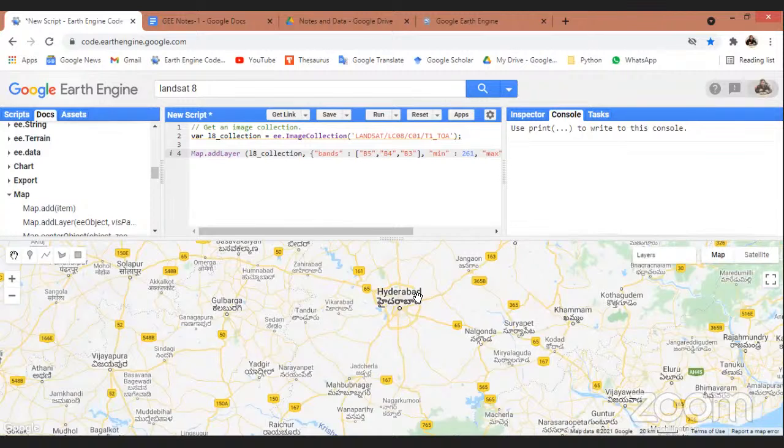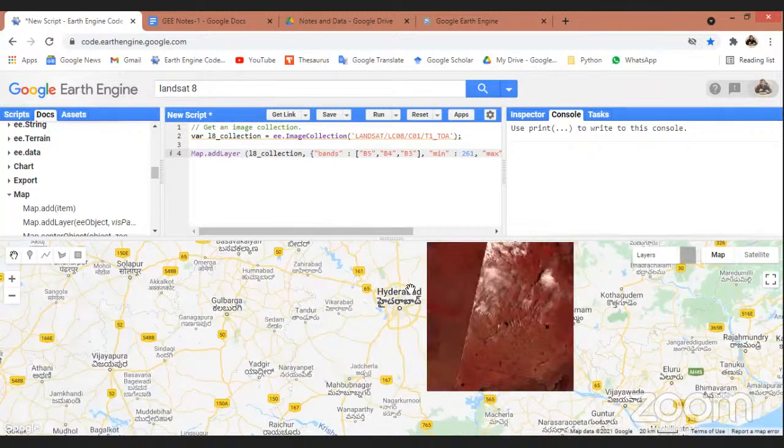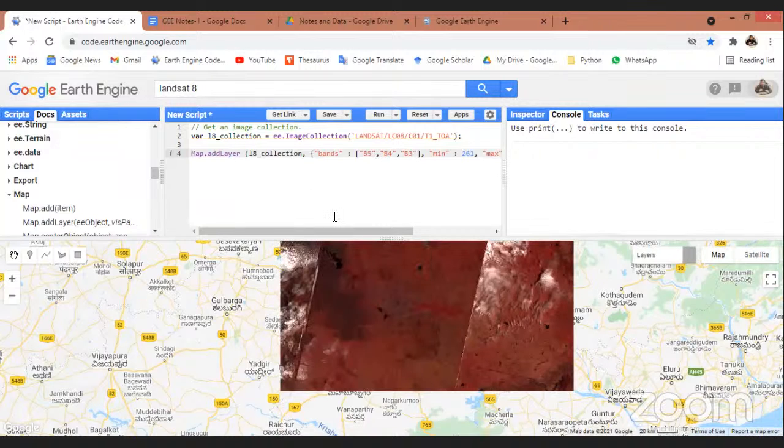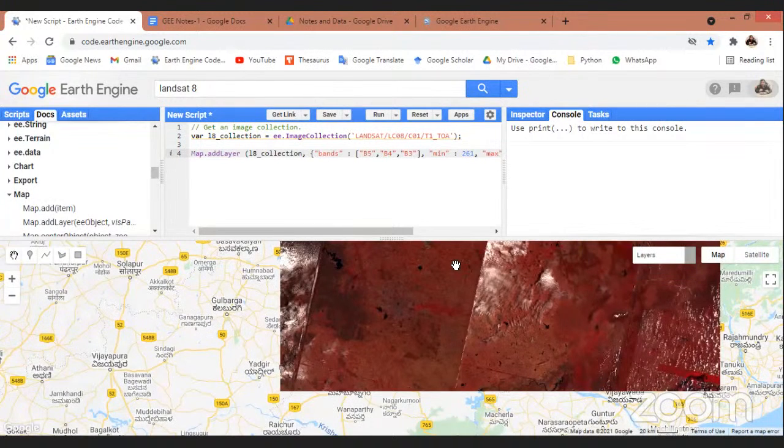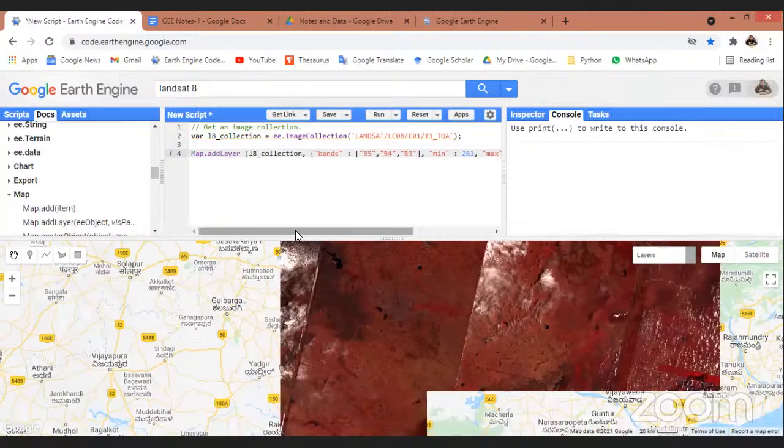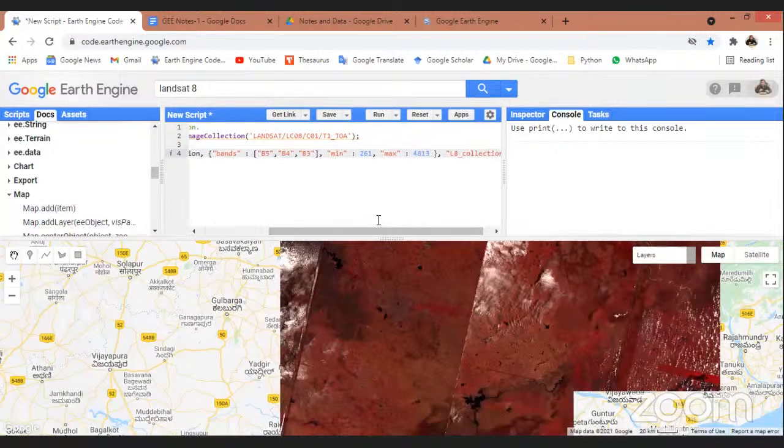Now the difference between adding a layer of a single image and adding an image collection is that with a single image you add a layer only for one area, but now I am projecting the entire Landsat 8 collection. That means I am projecting images from around the world, since Landsat 8 is available from 2014 till date. So this will take some more time. But if you zoom to one particular area, you can see a number of tiles, like this is a tile, this is another tile, and this is another tile. And if you try to print this,